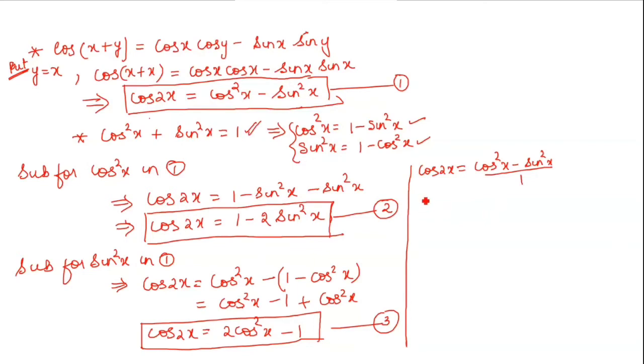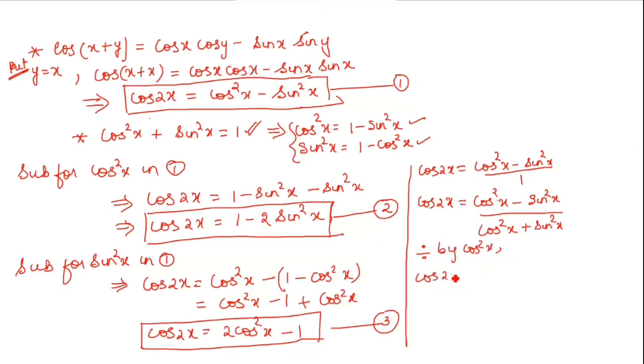Okay, so therefore cos 2x is equal to, what is that 1 equal to? Substitute the identity. Cos square x minus sine square x, numerator write as it is, whole divided by, in place of 1, write cos square x plus sine square x. Okay, now what you do is divide throughout, that means all the terms, 1, 2, 3, 4, divide all the terms by cos square x. So divide by cos square x. So what is that we get?